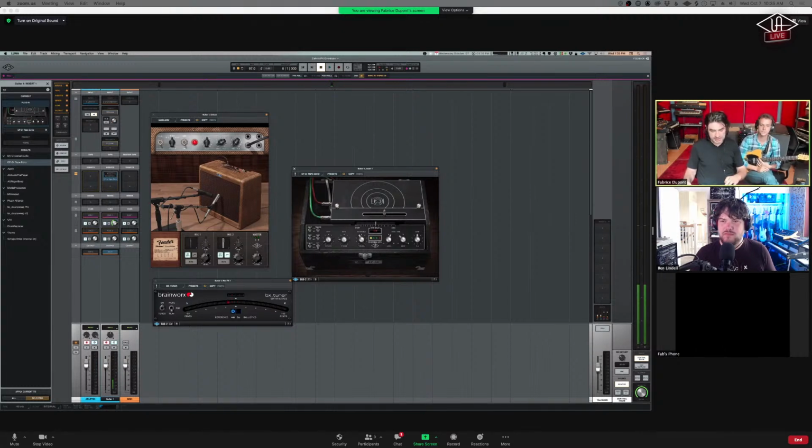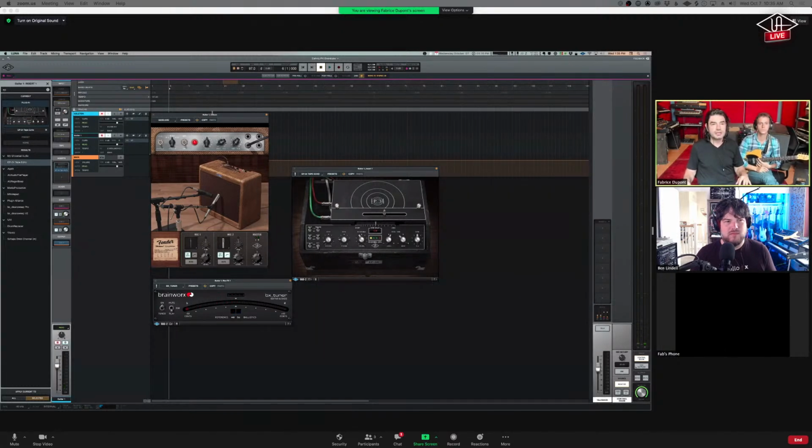Let's just check against the track, like on the chorus. I think the chorus was about 21. Make sure to get Zoom out of the way. Yeah, try.